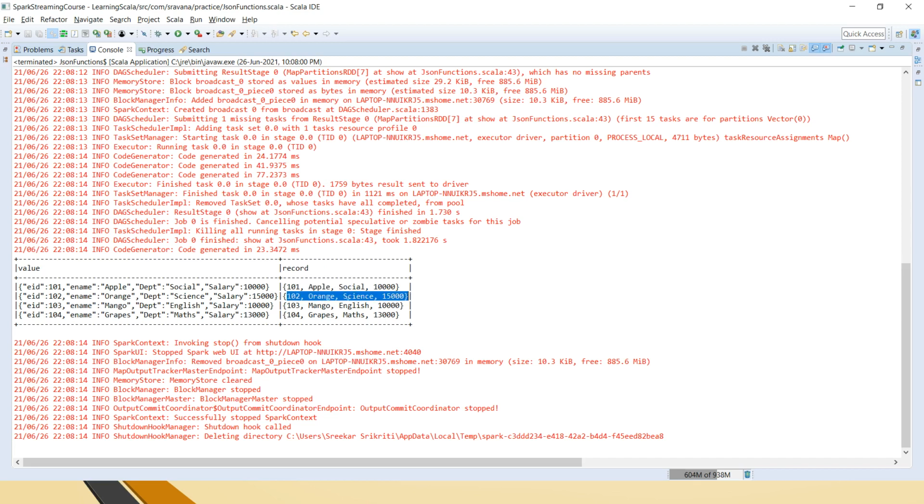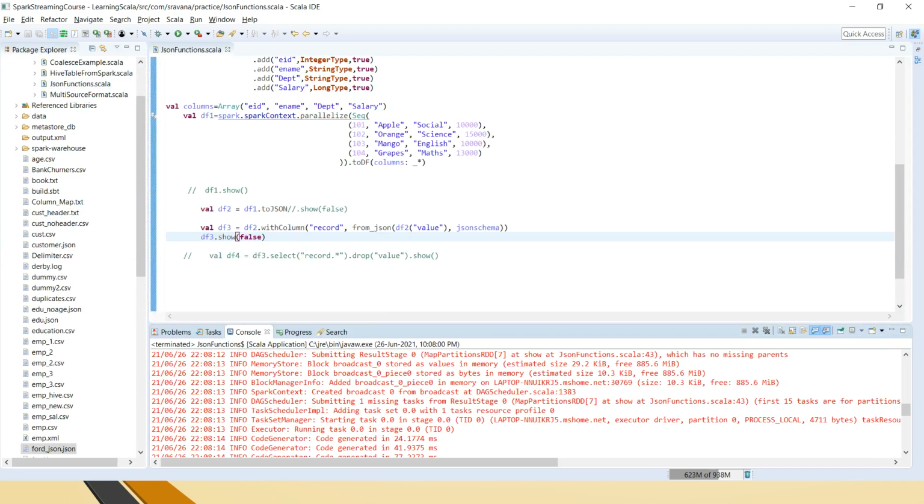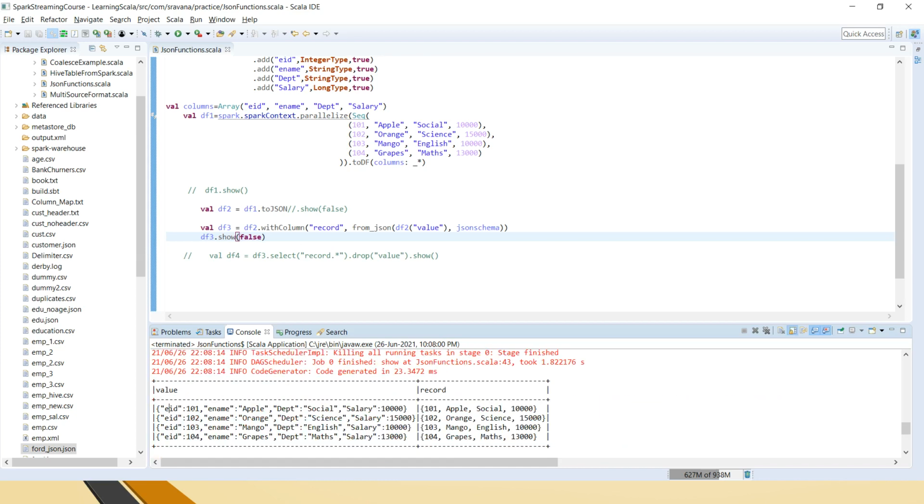If you take the printSchema of this, it will show it as struct type. So this is the JSON that we had, and it is simplified to this format now. So we can easily fetch the values from the key value pairs into normal values, all the values are fetched.